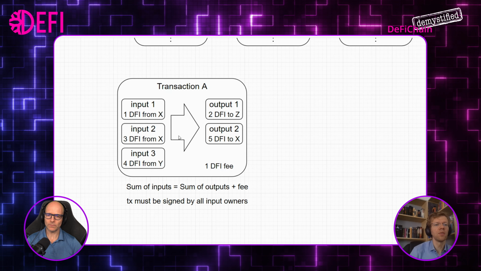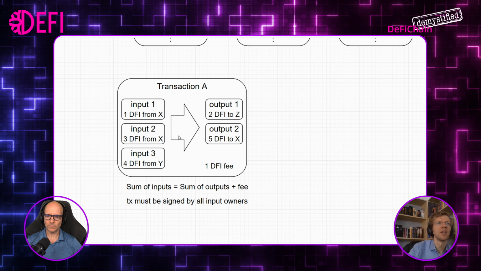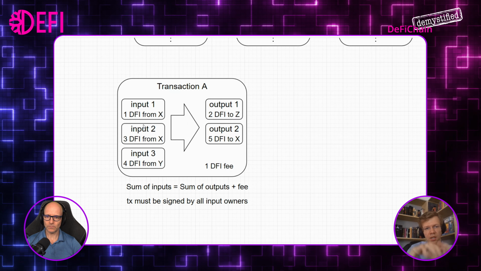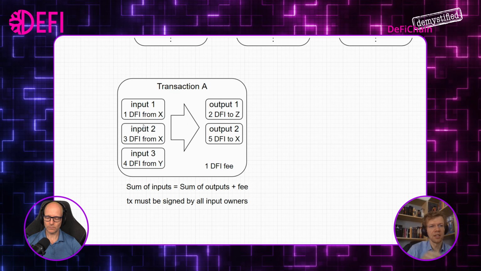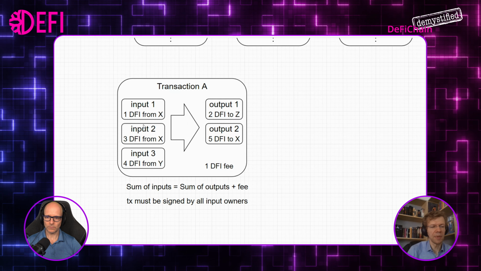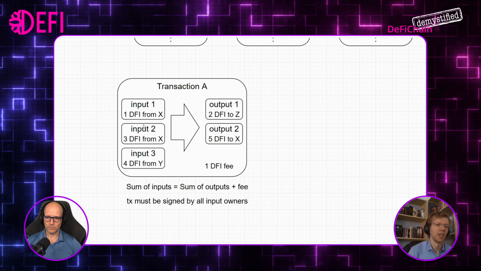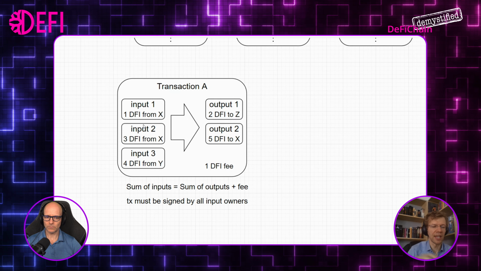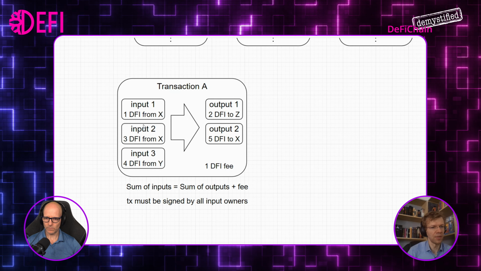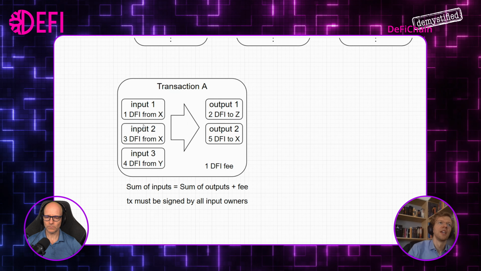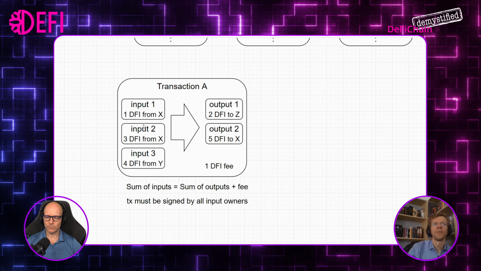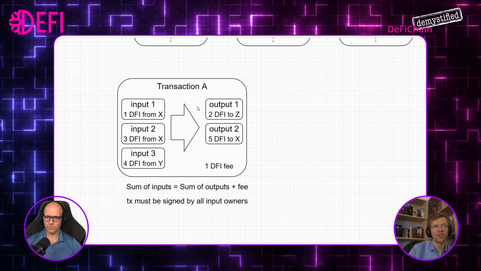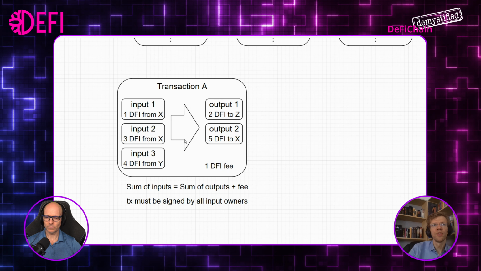When you spend it, you need to sign that transaction, because this transaction, because of the inputs and everything, has some properties, and then you sign what you have there. Basically, like if you say, I sign this paper. And on this paper, it's mathematically proven that you can't change the paper once you signed it. Otherwise, the signature gets invalid. That's the cryptography behind it. So this is transaction A. That's when a transaction is valid. And now what can we do with this transaction?